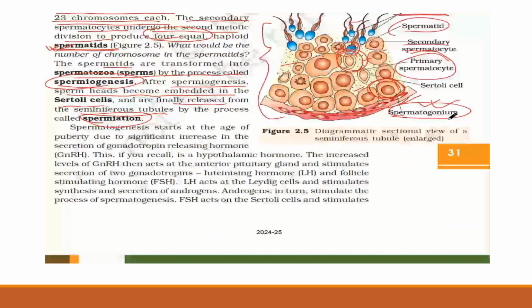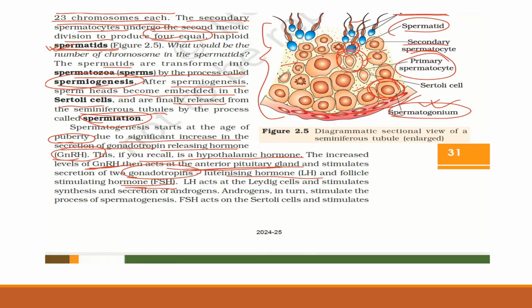Okay, so spermatogenesis starts at the age of puberty, due to a significant increase in the amount of gonadotropin releasing hormone or GnRH. So this hormone starts being produced in our body during puberty, and if you recall, the hypothalamic hormone, the increased levels of GnRH then act on the anterior pituitary gland and stimulate the 2 gonadotrophins, that is what? Luteinizing hormone and follicle stimulating hormone. The gonadotropin releasing hormone acts on the anterior pituitary gland, and they produce luteinizing hormone and follicle